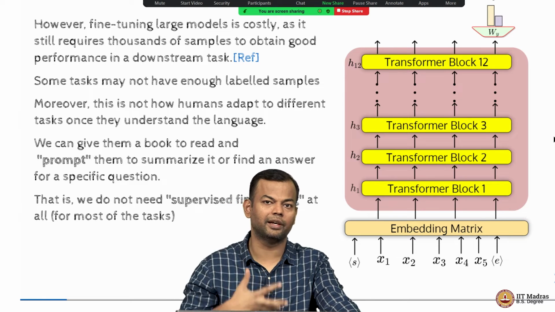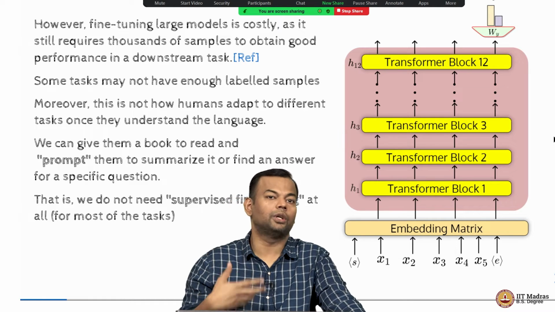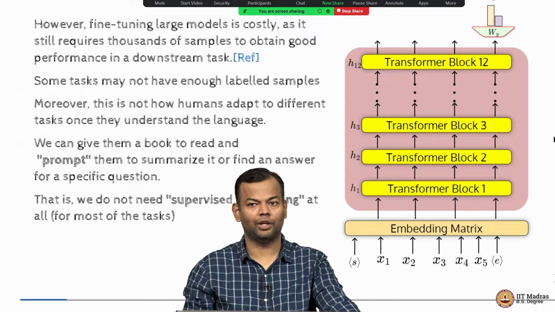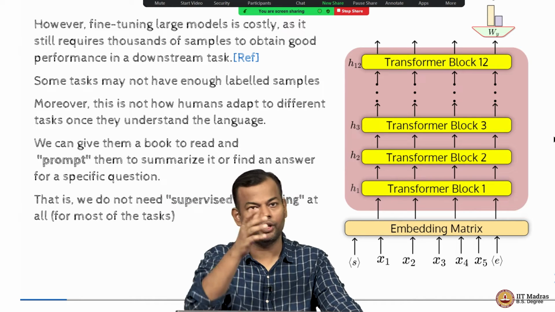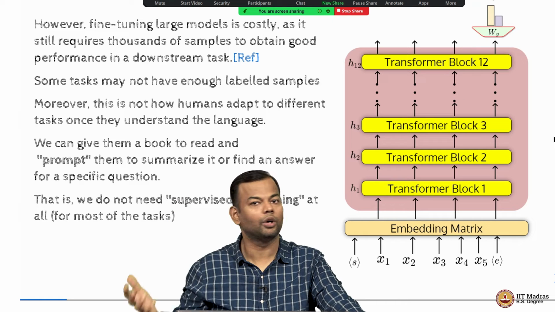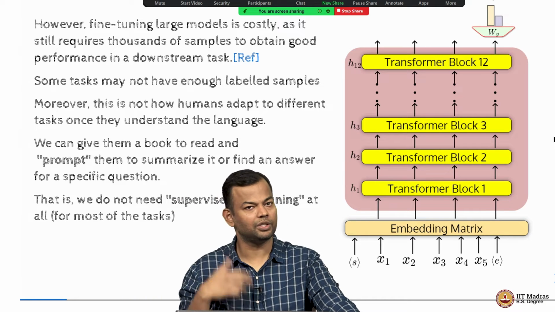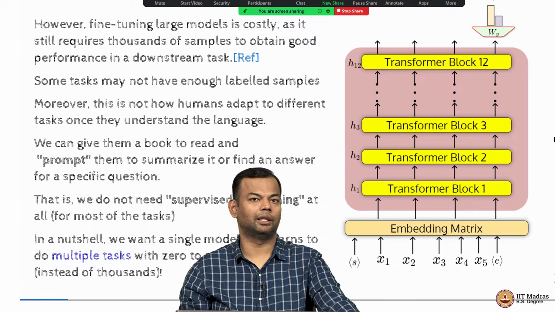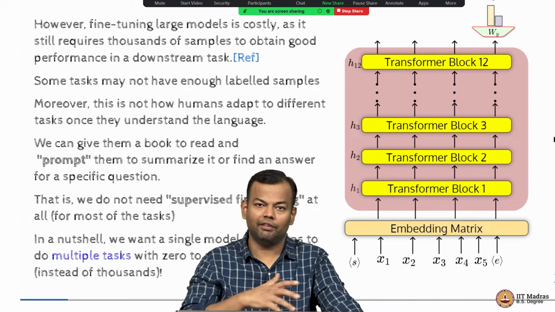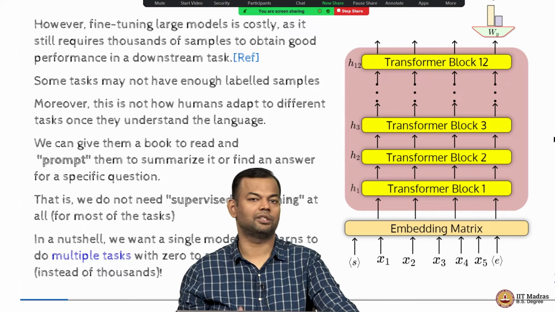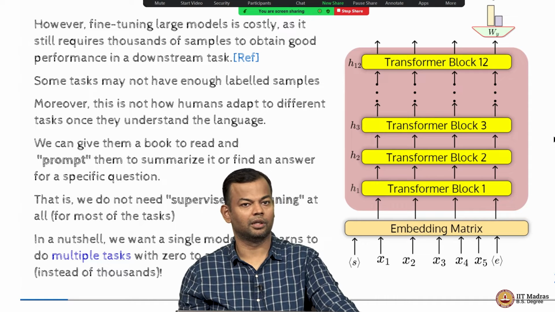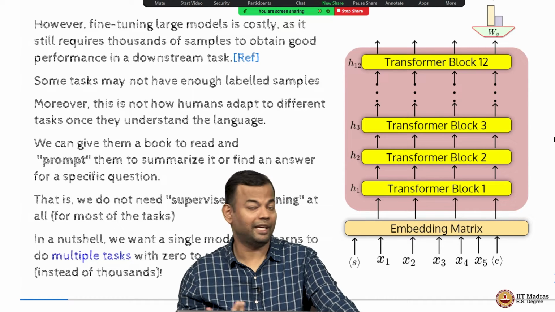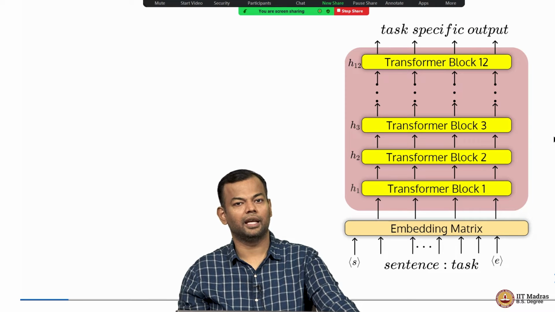We don't do this supervised fine tuning for every new task that we have to do. You would have never done a summary ever in your life before that point in time, right? But you still don't need to be shown 1,000 examples of what a good summary is. You'll just intuitively be able to do that, right? So we want the same thing to happen with large language models. Given that they have learned so much language, can we just make them learn a new task, and not just one task, but multiple such tasks with very few examples, ideally zero, right? So that's the idea that